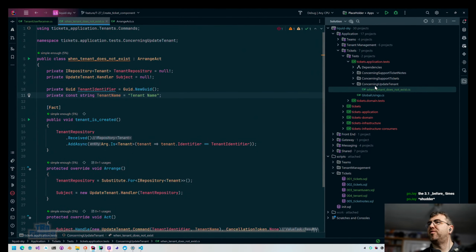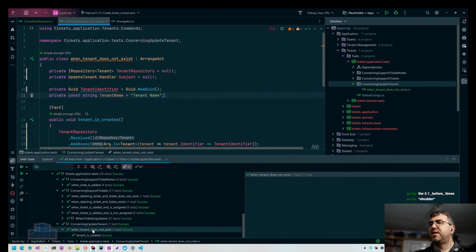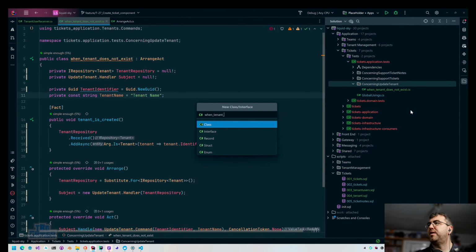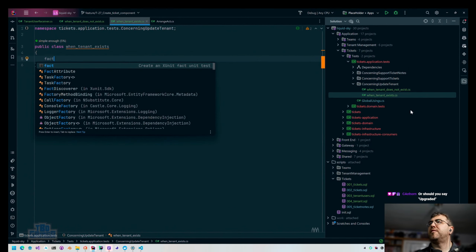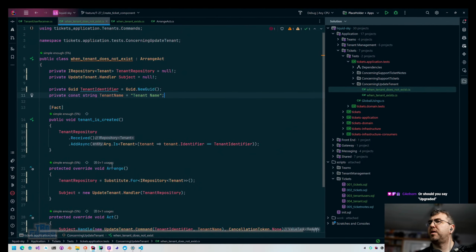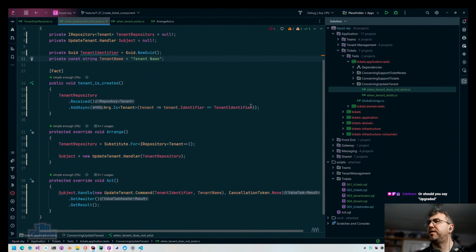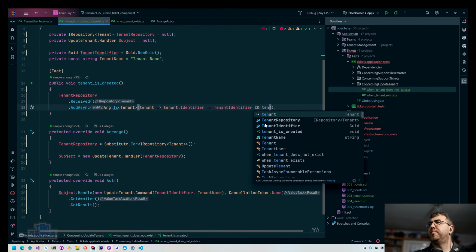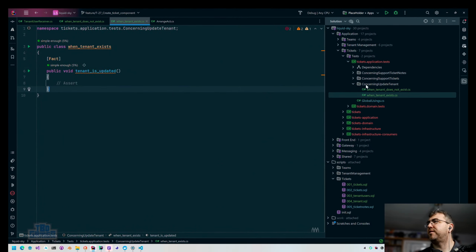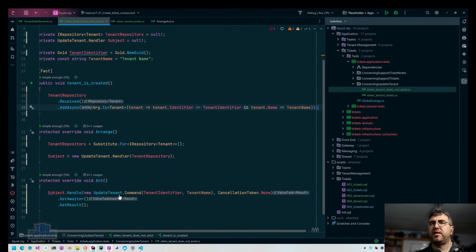Yep. We have evolved. Okay, so let's run our unit test. Let's see if this passes. Yay, it works. When tenant exists, fact tenant is not tenant is updated. I didn't do something there as well. I also did not validate that the name of the tenant is also correct. Creating the tenant is not just specifying the identifier, right? So realistically, because I'm testing this after the fact, here's what I should do, right? And I think I was saying this to Apex the other day,